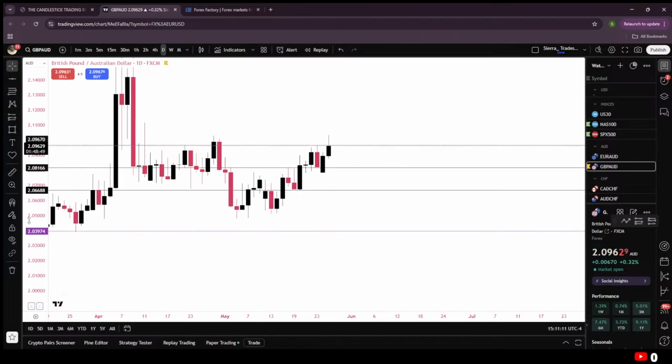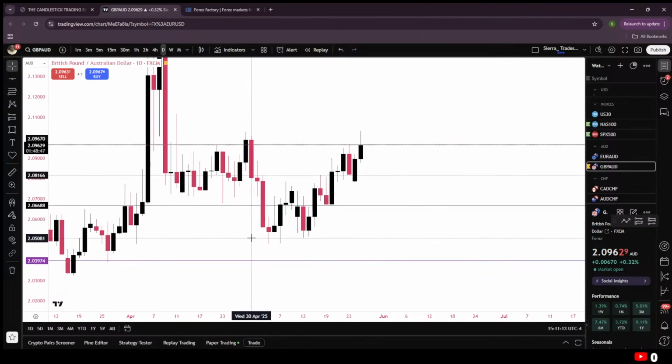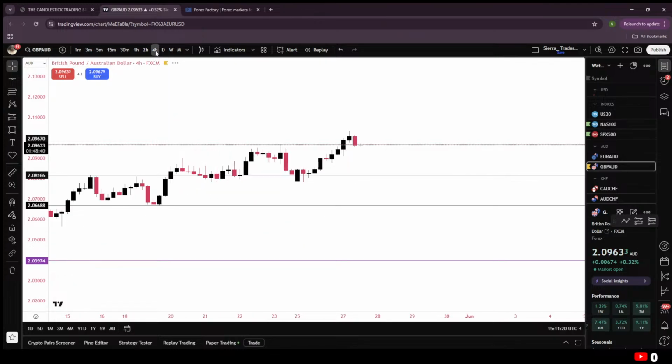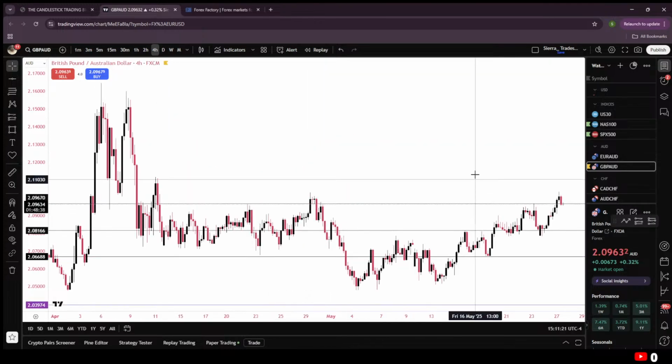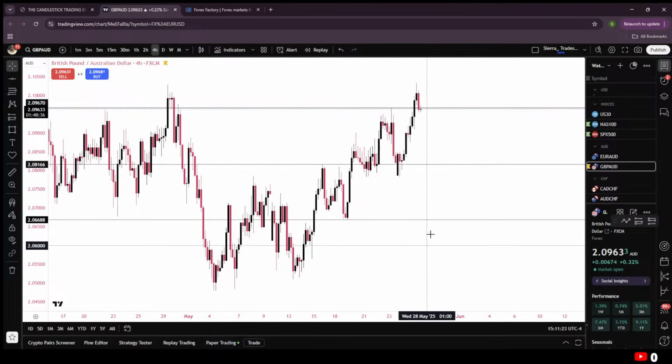Now I'm just going to come down to the daily. I want to see if I see any trend lines that I want to mark up. I do see a trend line here, but it's not relevant. It's not close to price, okay? I don't see any gaps. I'm going to come down to the 4 hour. Okay, now here on our 4 hour,